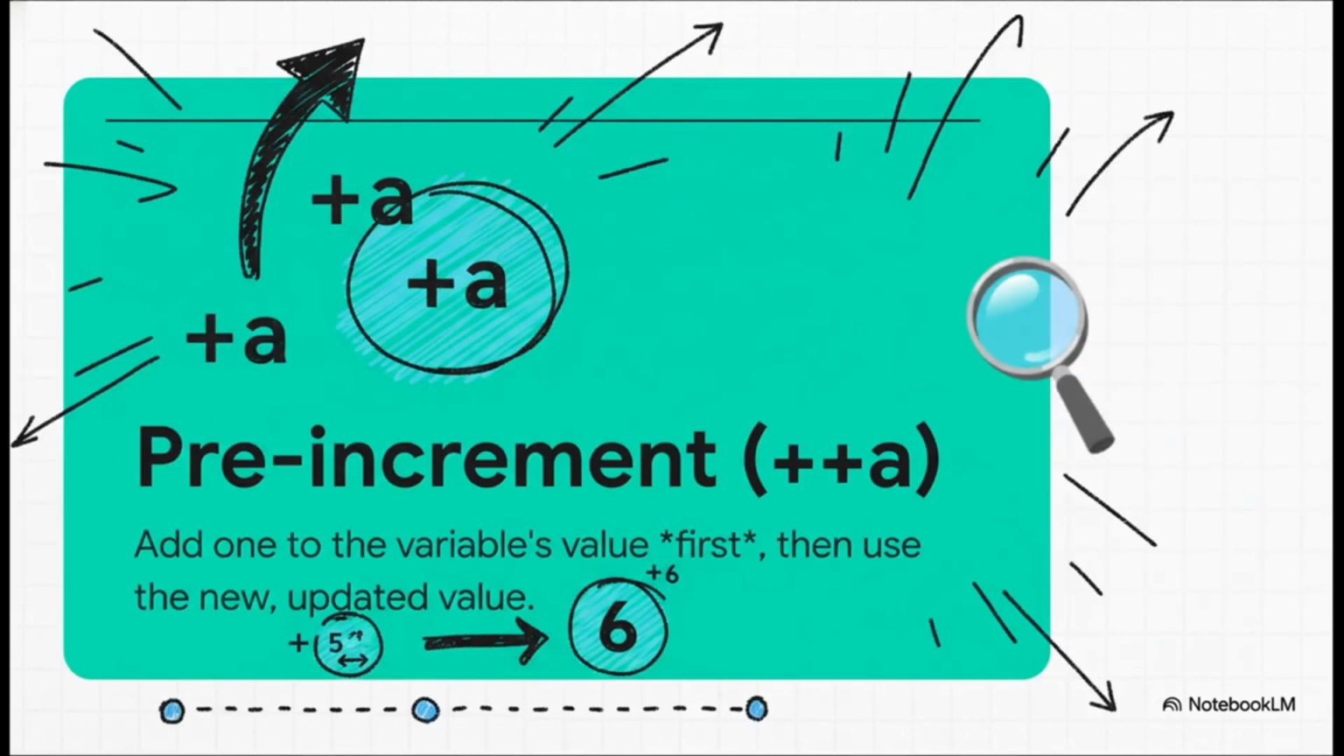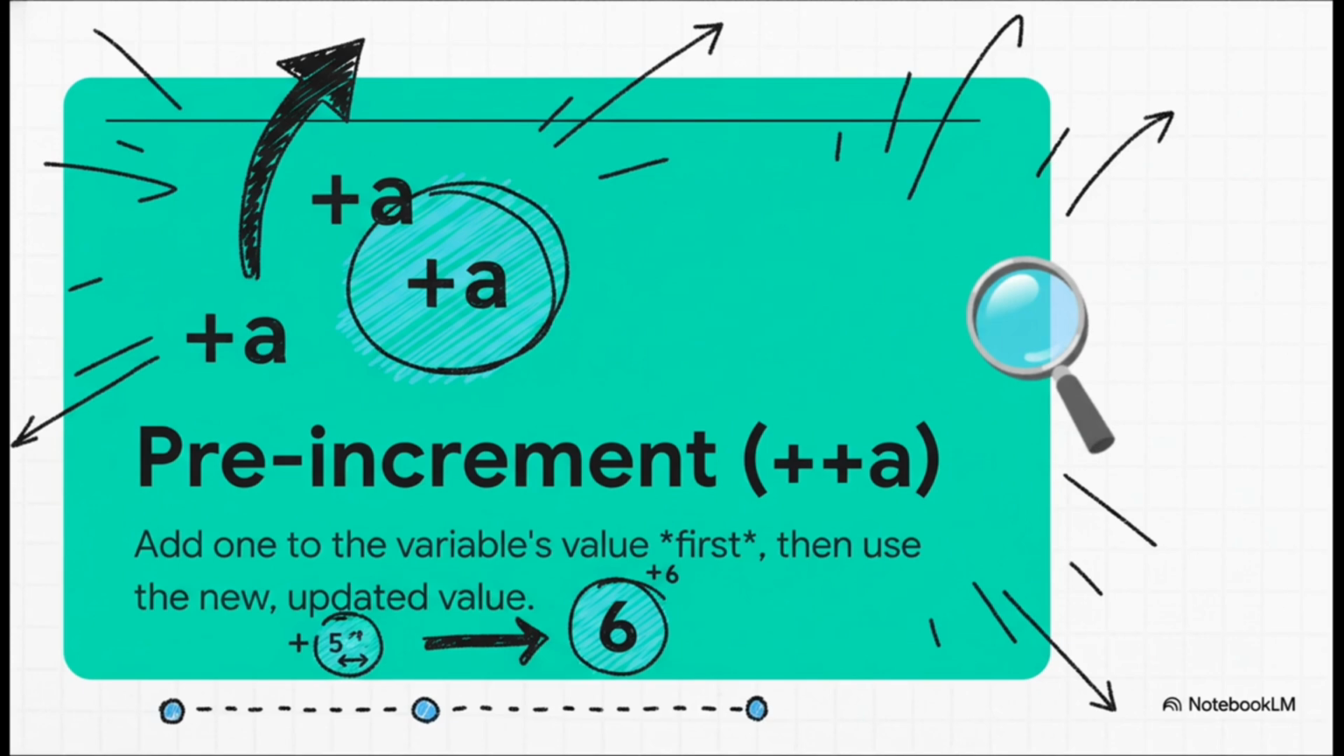And its partner, as you probably guessed, is the pre-increment, where the plus signs come before the variable. This just flips the order of operations. First, the program adds 1 to a, and then it uses that new updated value. So if a is 5, ++a immediately makes it 6, and the number 6 is what gets printed or